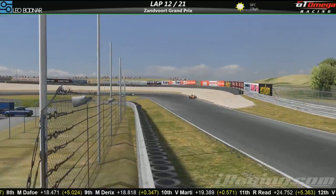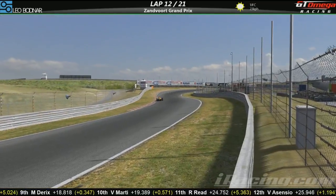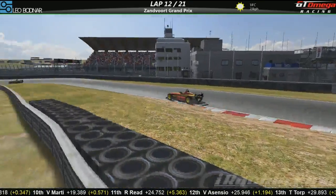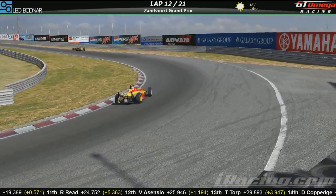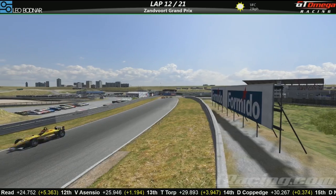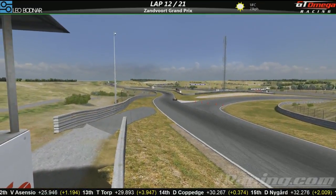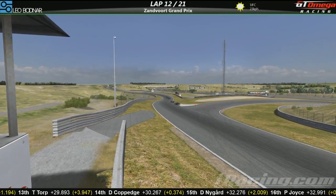Yeah, Ricardo Ferreira 17.2 seconds in the pits. That means Labert's caught him up just 5 seconds, so he has not nailed that pit stop at all. And Rocha taking full advantage of that. And Ludwig Perenes has a problem at turn 1. He had a spin onto the inside grass. Don't think he hit the wall at all. Didn't get any damage that I saw, so he's allowed sensibly the traffic to continue by